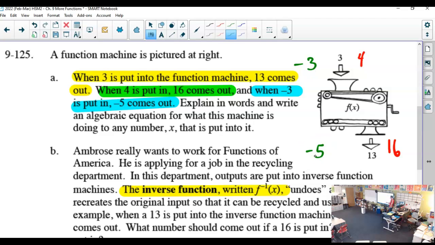So you said you think it's what now? 3x plus 4. Triple, and then add 4. Yeah. Okay. So if this function machine f of x, so let's go ahead and write that down, is 3x add 4. 1/3 x minus 4. Careful.